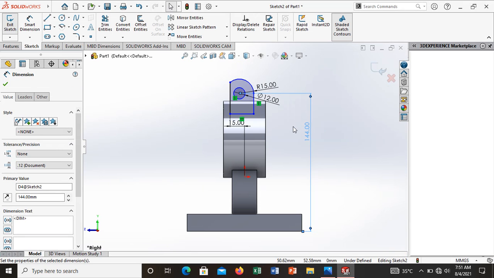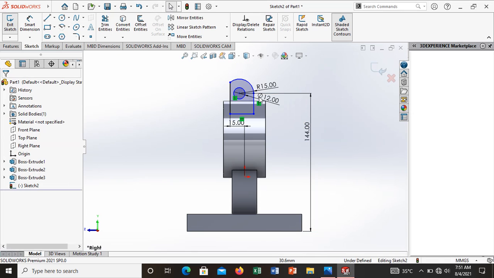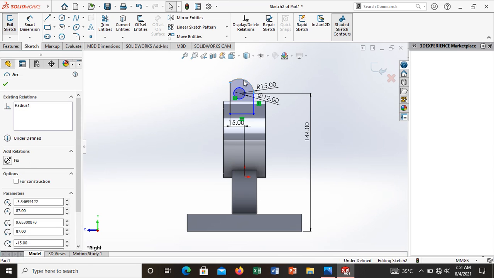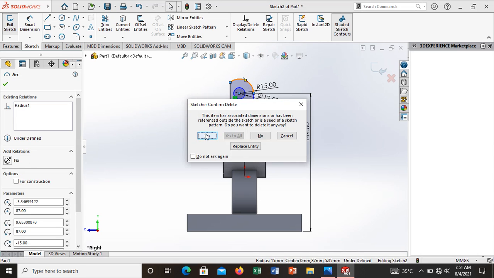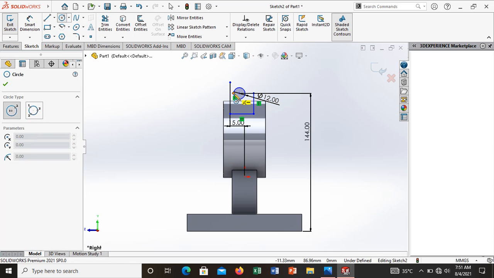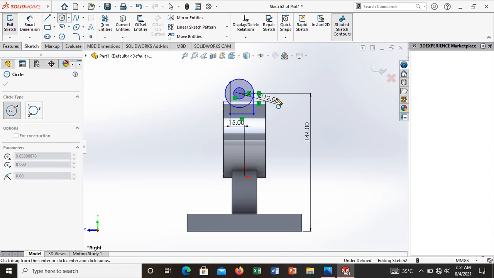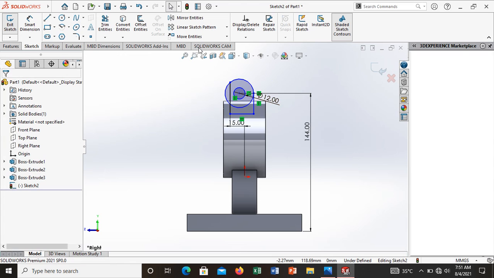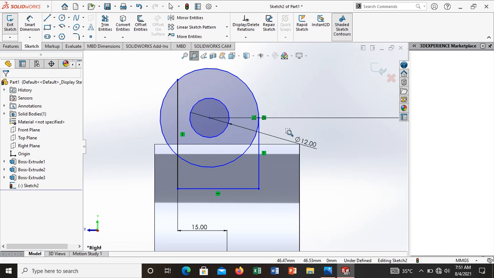Okay, leave it, don't worry, we will correct it. Delete these side entities. Go to the circle command. Now change the dimensions.